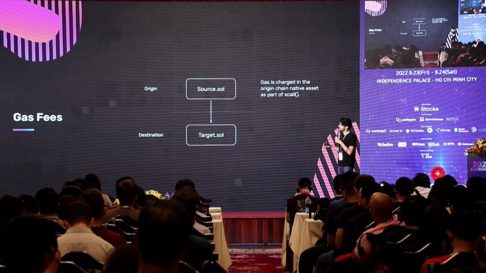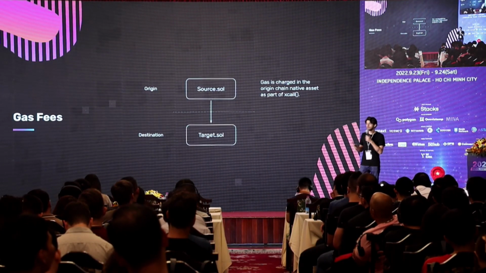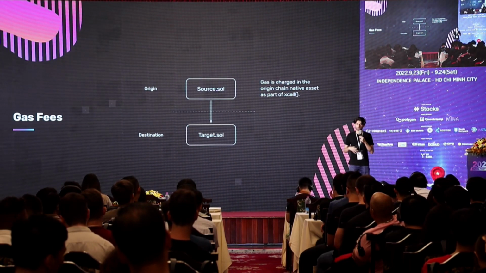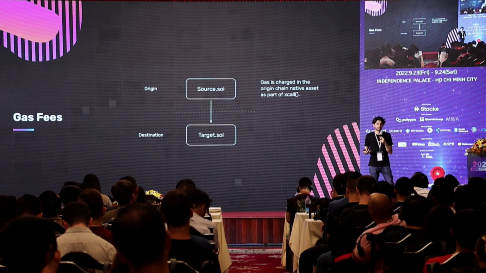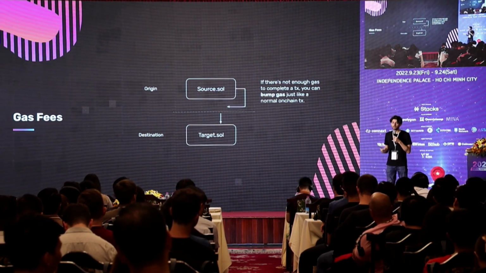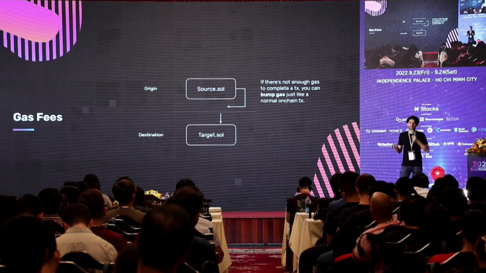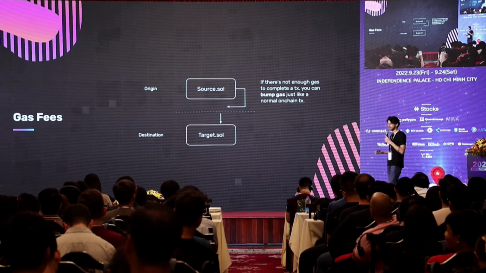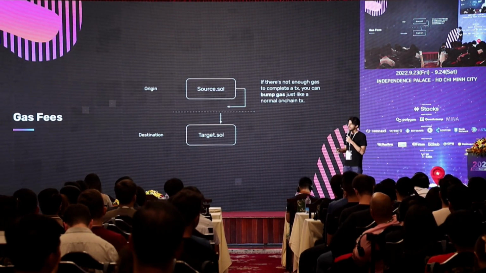What we've done is basically try to keep this as simple as possible. When you make a cross-chain transaction, you pay gas on your source chain, using native assets, the same way you would with any other transaction. And if it's not enough gas, you can bump gas. Again, exactly the same experience that you would have with building an application in Solidity today. If you bump gas, that basically means increasing the amount of fees given to the transaction. If you didn't have enough fees to begin with, bumping gas can help push it through faster.